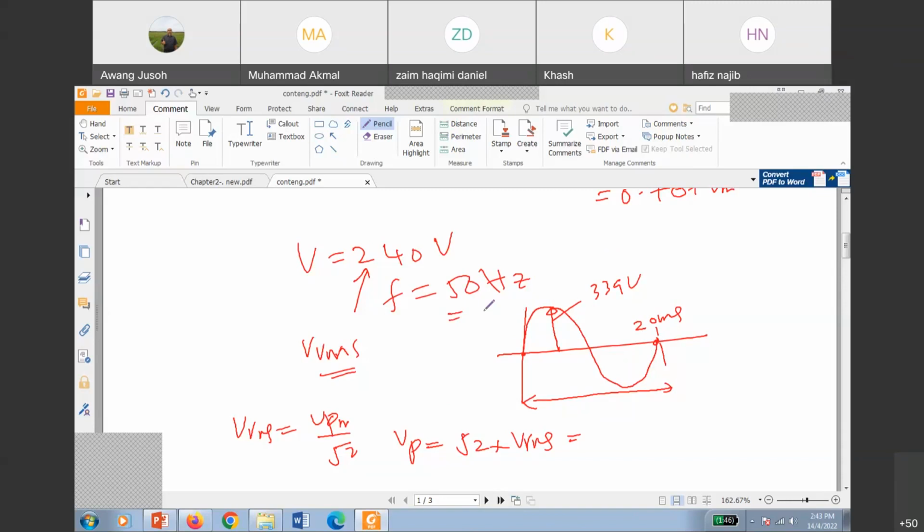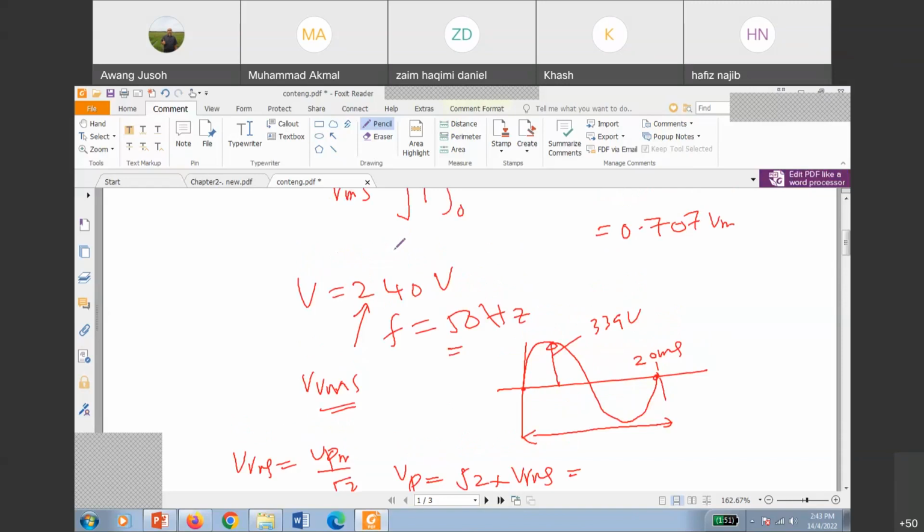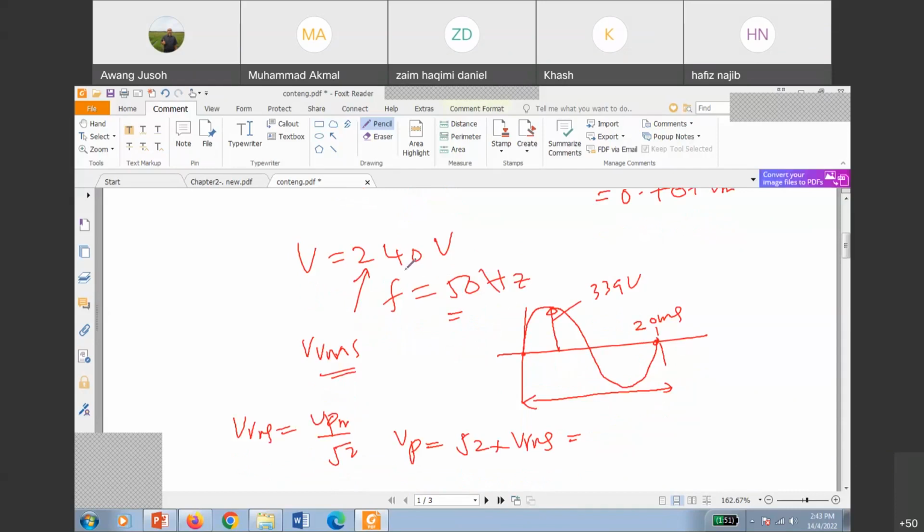So that is the meaning of single phase. Single phase means we only have a live and a neutral wire, just two wires coming into the device, and the supply is 240 volt only. It fluctuates sometimes, there is some tolerance, maybe 2% higher or 2% lower. That is common, depending on the supply. But the standard one is 240 volt and 50 hertz.